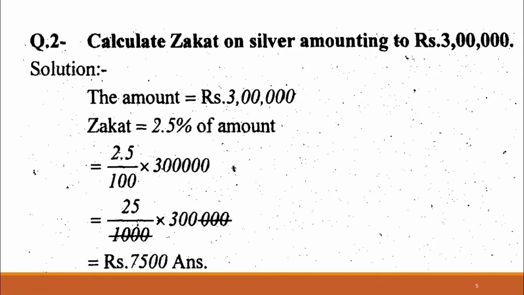You should keep in mind the rate of zakat out of 100. The rate of zakat for 100 rupees is 2.5%, meaning 2.5 per 100, or 1 over 40, meaning 1 rupee for 40 rupees. So for this present total amount, what will be the amount of zakat? You see here, the amount of zakat according to this rate, 1 by 40 or 2.5%, is 7,500 rupees.